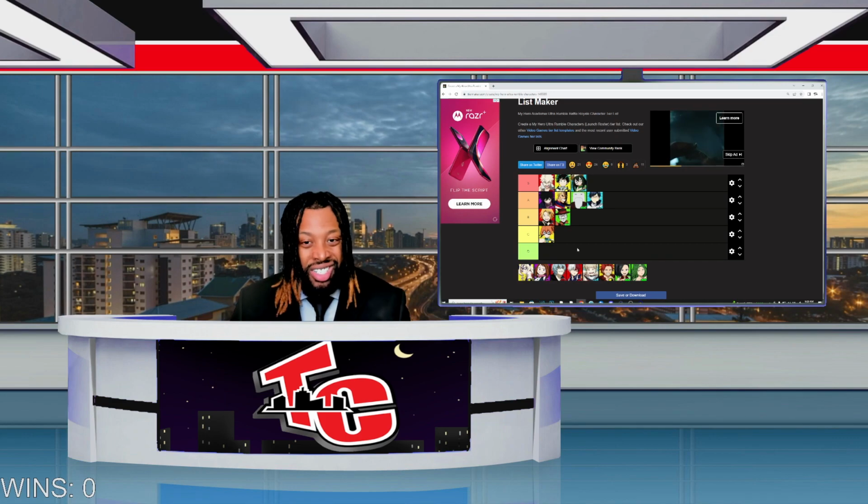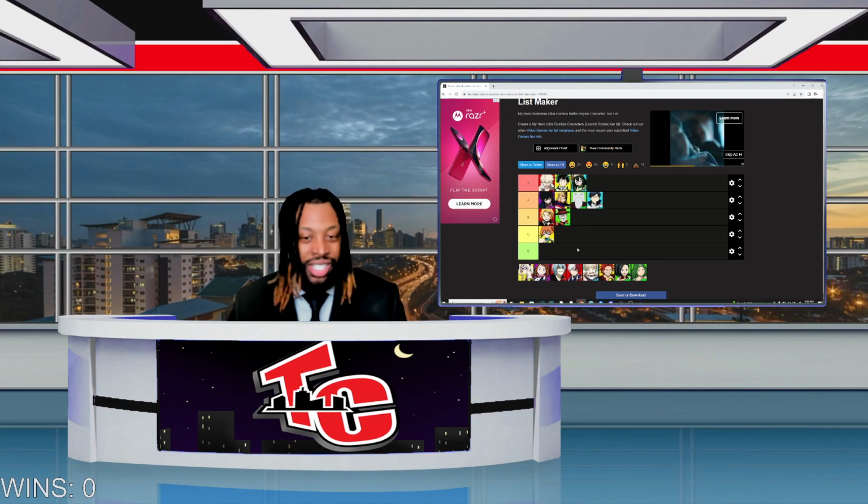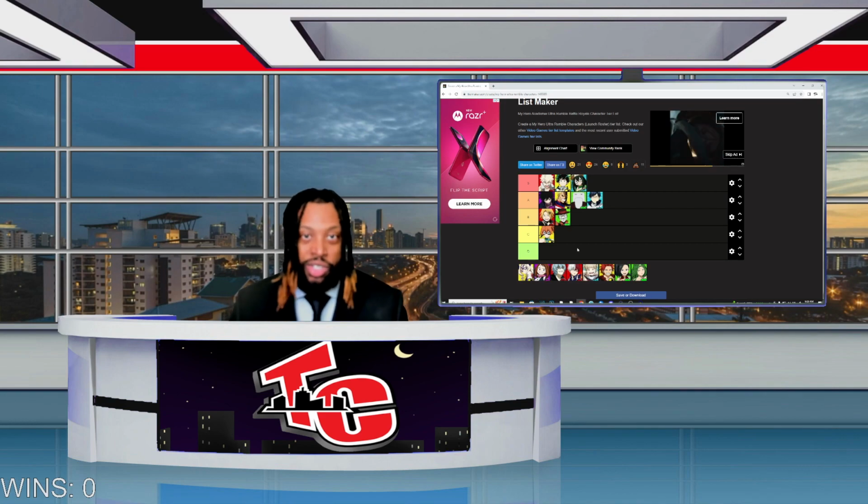Her A quirk is just like All Might's. Punches in front of her, got a little distance on it. Her B quirk, the stomp, boom, boom, boom. I think she gets 3 stomps. That's very strong. And her Y quirk is the drop kick. She's got 2 of those now. But it's her special ability that